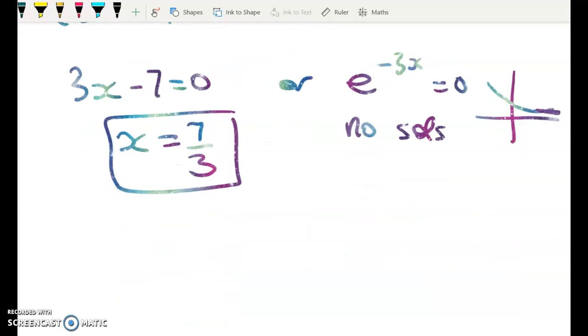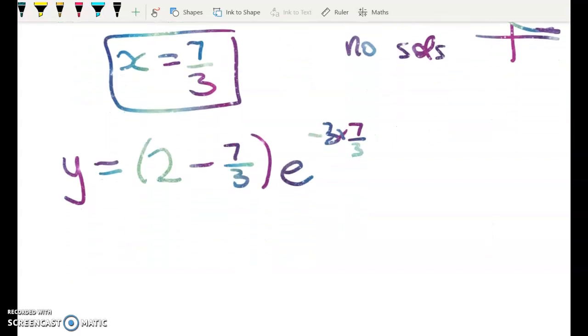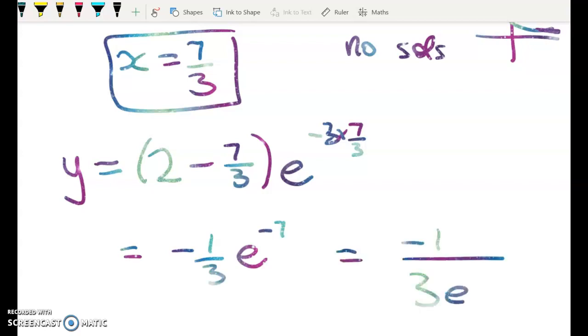To get the y coordinate of the minimum, I take that and I sub it in. So we get 2 minus 7/3 of e to the negative 3 times 7/3. Please, please don't use decimals. You know what I think of that. Negative 1/3 e to the negative 7, which I can write nicely like this, or at this stage I can grab my calculator and get that number out,